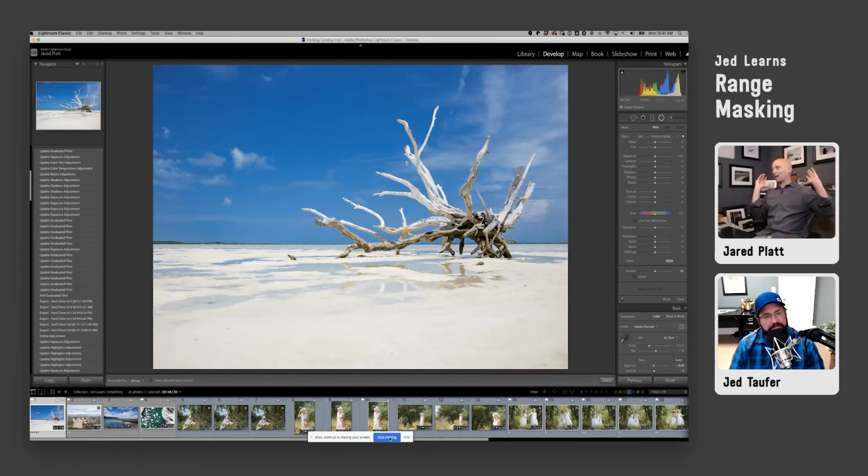So that is my tip, which is the range masking options inside of Lightroom or inside of Camera Raw are probably the most important tool that I have inside of Lightroom to save time when I'm editing and dealing with trying to sell a print or trying to put something in an album. It's a big deal because it is the biggest time saver. Yep. And those are the best things in my opinion. That's where you can really grow to love Photoshop and Lightroom, is because of that fact right there. Is the time savers that you can learn and implement and literally change your life as an artist